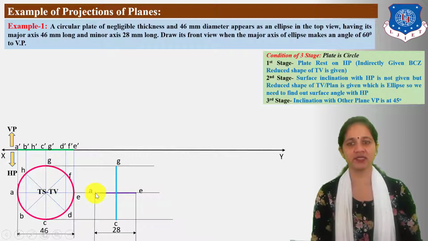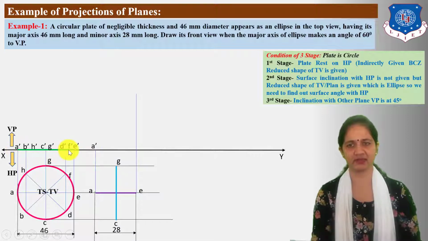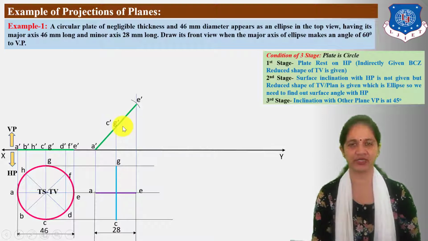So first draw vertical projection lines from the A and E points. Keep the left side point of the circle, A dash, on the XY line. Measure the length of the front view straight line and cut an arc on the E projection line from the A dash point, and mark the E dash point. Connect the A dash E dash points with the A dash E dash line. Take the projection of the CG points and mark C dash G dash points.